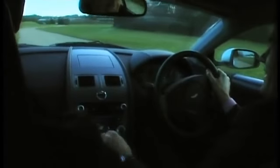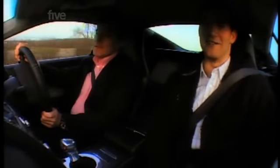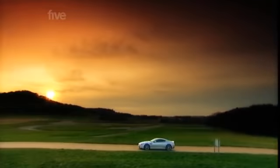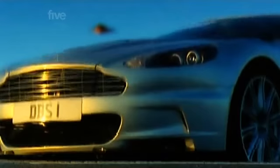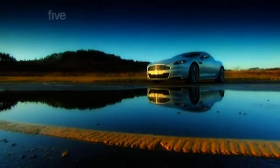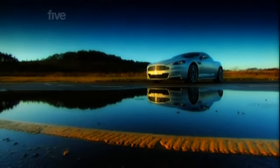I must say, it was great fun going around there. I'd preserved the reputation of racing drivers, but Adam gets the last laugh. Only he will get to drive the DBS on the next Bond movie, Quantum of Solace. But if the producers ever need a stunt double for the stunt double, they know I'm available. Well, that's it for